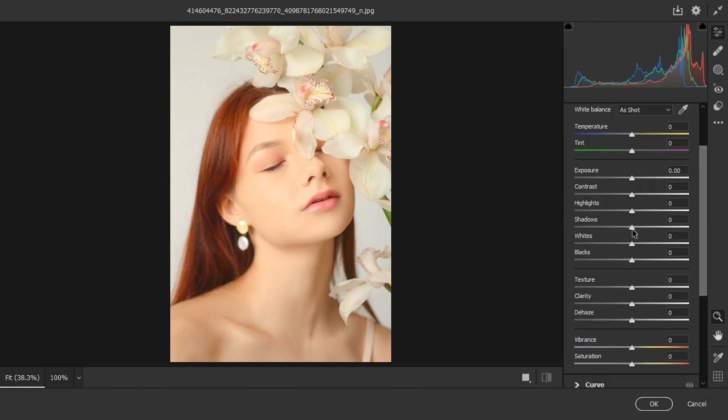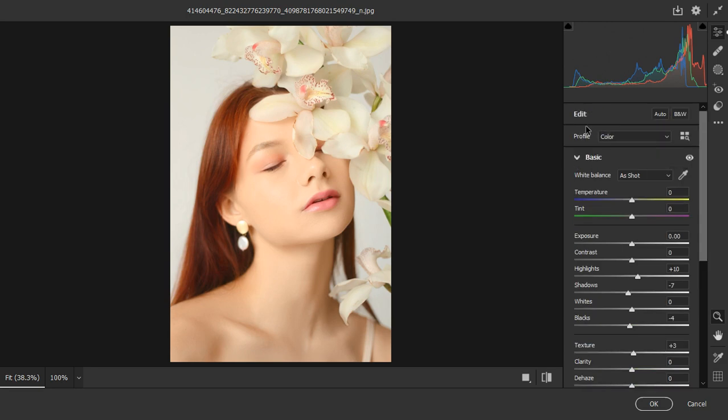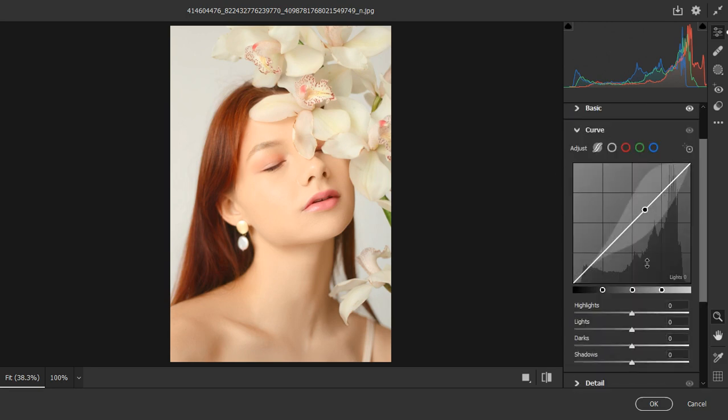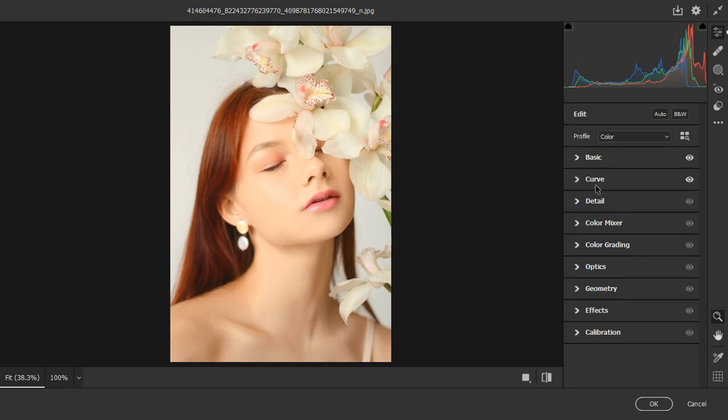So let's bring down the shadows a little bit, increase the highlight, and bring down the blacks just a bit, and then give some texture. Close the basic tab, go to the curve. We can add some highlight and bring down the blacks a little bit, and then let's go to color mixer,